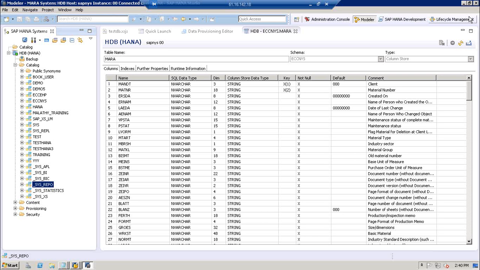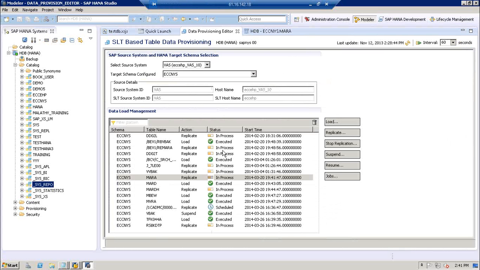Now the second strategy, incremental load. I am changing some value, or creating some new value. Those things should automatically get replicated to HANA DB. How is it happening? It is happening through real-time mode in SLT. I understand your curiosity, but if you see here, there are certain jobs in process. Can you see the in process here? Right. In process means it is real time. So whenever changes happen in your ECC, they automatically get replicated.